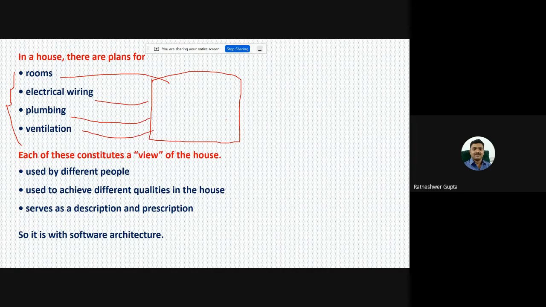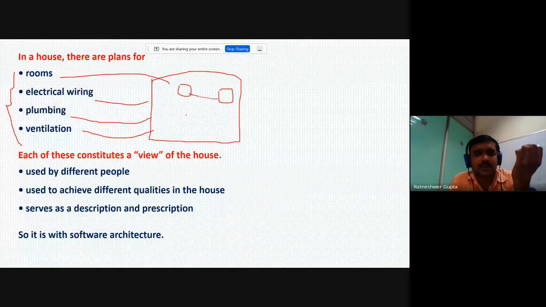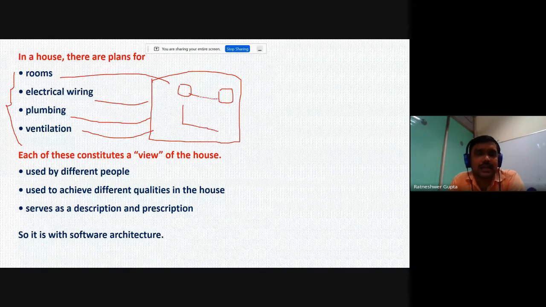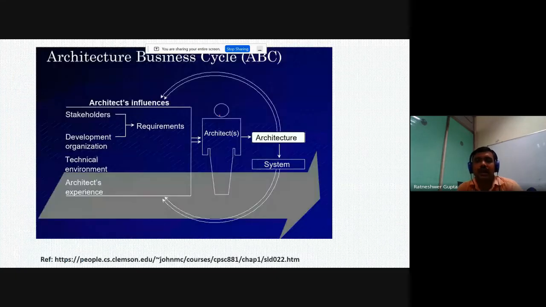In the same way, when we go for developing a software architecture, we simply cannot say that this is one component, this is another component, and this component is providing services to this component. Just as in the example of the house, where we have to think about electrical wiring, plumbing, or ventilation, here we have to think about so many things, like the business strategy that we talked about in the previous figure, what the infrastructure of that organization is, and what human expertise is available in that organization. Everything has to be considered in the architecture development.